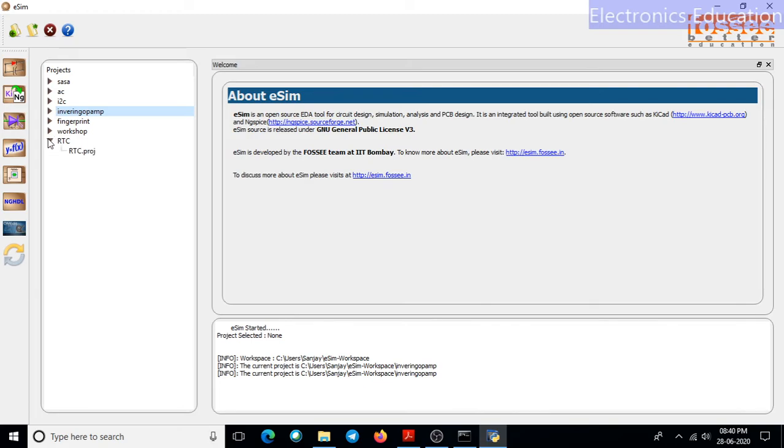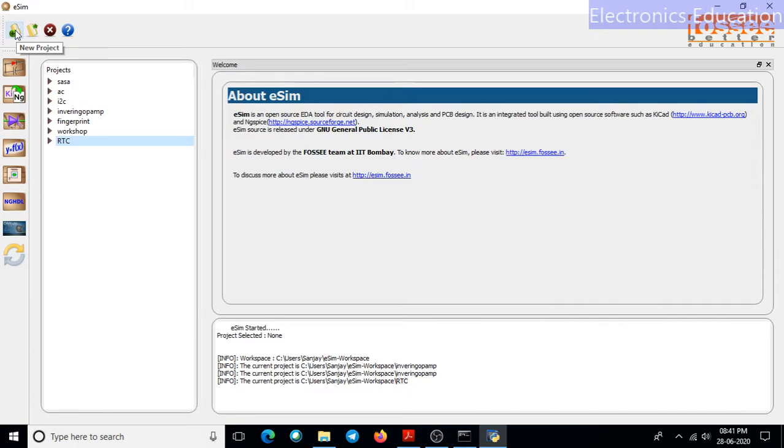If it shows something else, see, I have selected this RTC, but it is still showing inverting op amp. Until I double click it, it will not select this particular project. So always remember this.